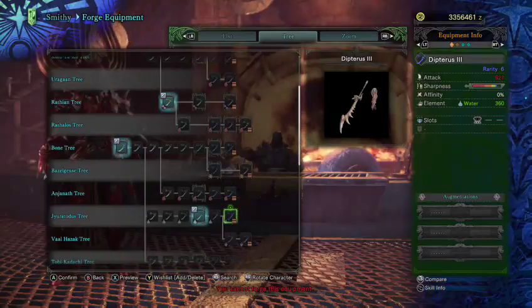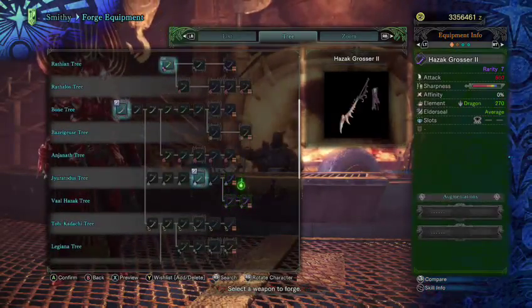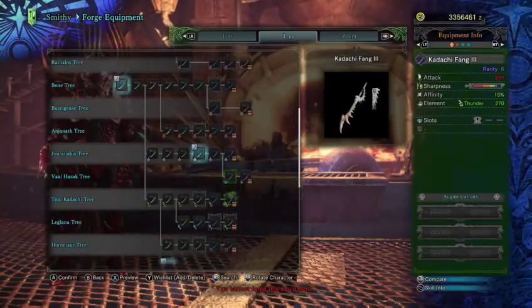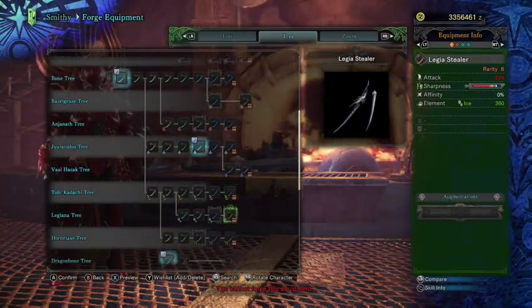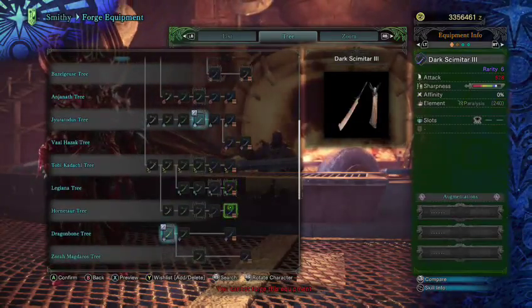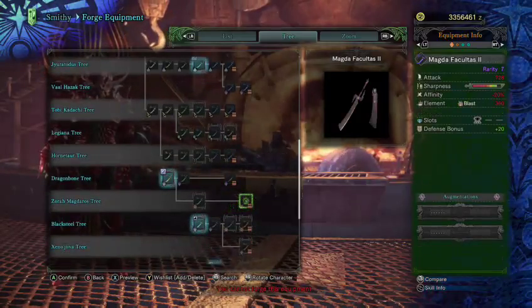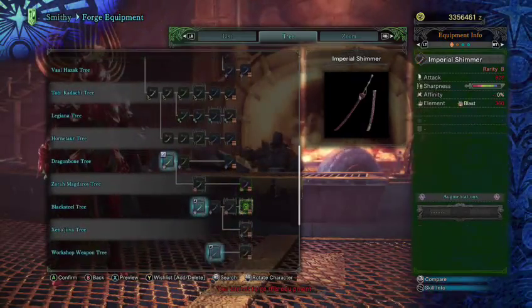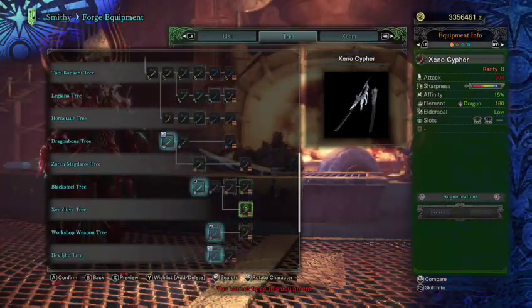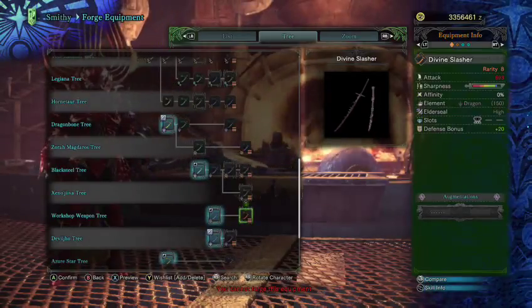Anjanath, Jyuratodus, Valhazak, Tobi Kadachi, Legiana, Hornetaur, Dragonbone, Zorah Magdaros, Blacksteel, which is Teostra, Xeno'jiiva, Workshop Arena Divine Slasher Great Longsword,